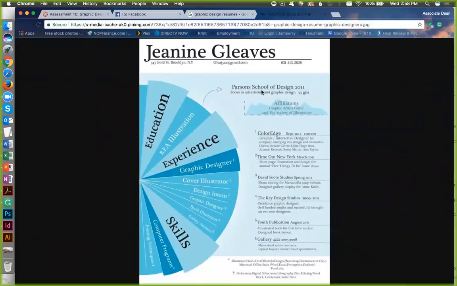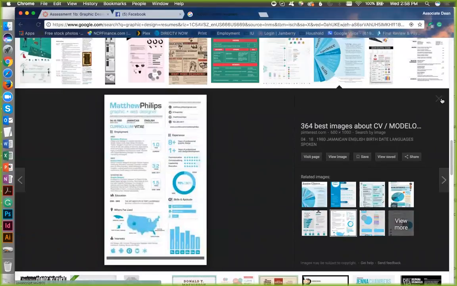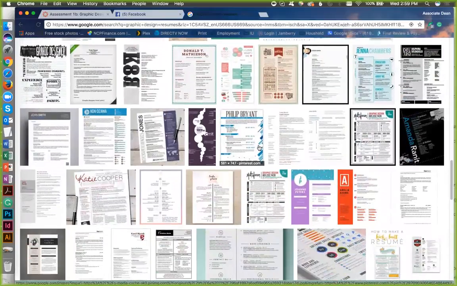BFA. See, that doesn't make sense to me. There's only one arrow, but this arrow's not here. So I would turn that a little bit, I bet. Printing technology. That's kind of cute, though. Not too bad. If you do infographics, you could do something like that as well to show your skills, preliminary skills, right?